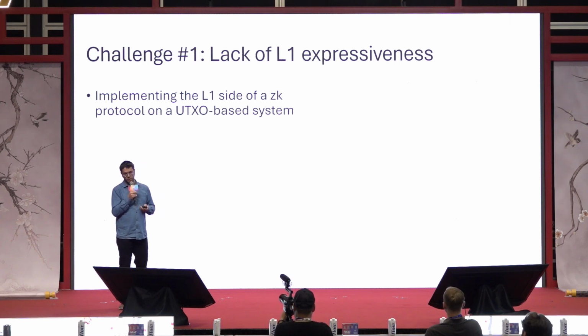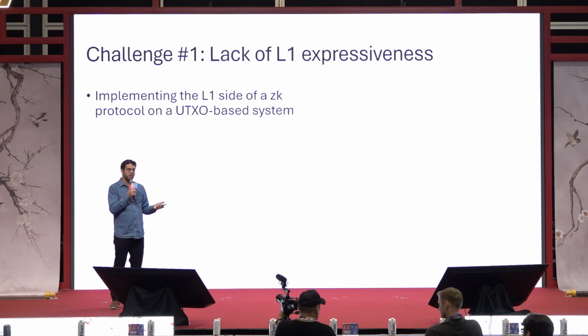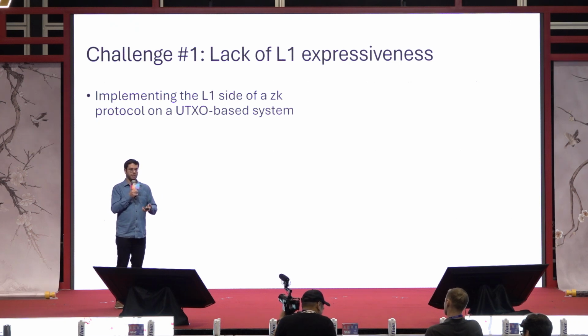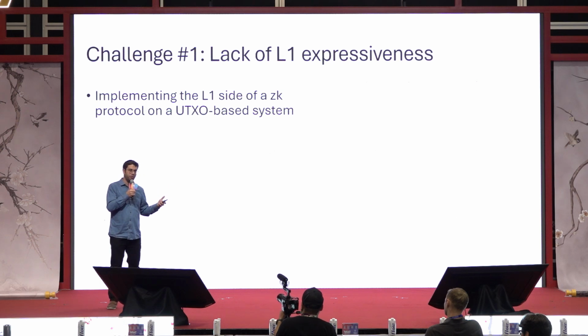So going more, zooming more in. The first challenge would be that zero knowledge proving and verification is a two-sided protocol in a sense between the L1 and the L2. If you think about an Ethereum zero knowledge rollup, there's always going to be a core contract on L1 which represents the rollup on L1, and the provers actually interact with that contract. It defines what they need to prove and accepts their proofs in a sense.